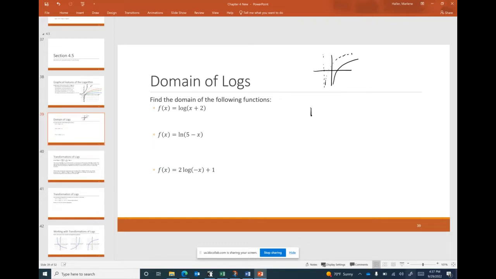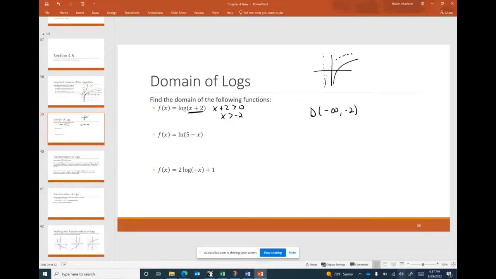So what is that domain going to be? Instead of negative infinity to 0, it's going to be negative infinity to negative 2. All right. Now you can always just find this domain using algebra because we know that the argument of the logarithm has to be positive, right? That's our domain for transformations, greater than 0, positive. So algebraically, we can just say that the argument, x plus 2, has to be greater than 0 and solve for x, right? So x has to be greater than negative 2,